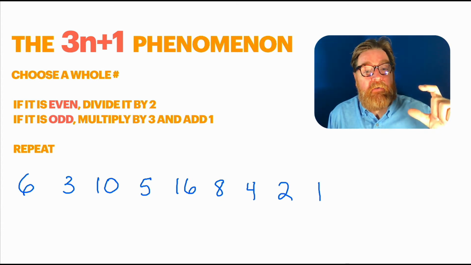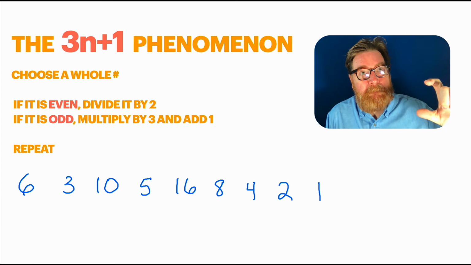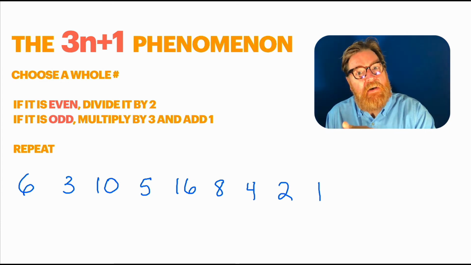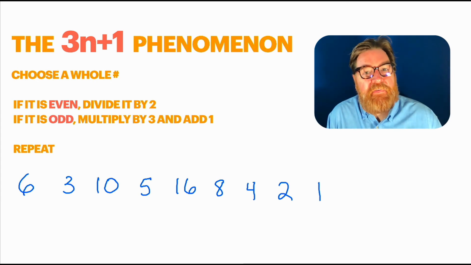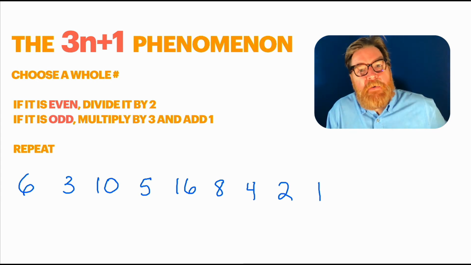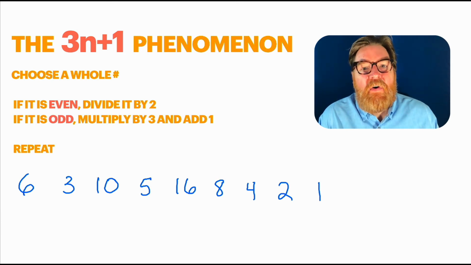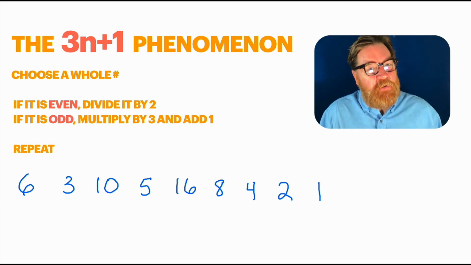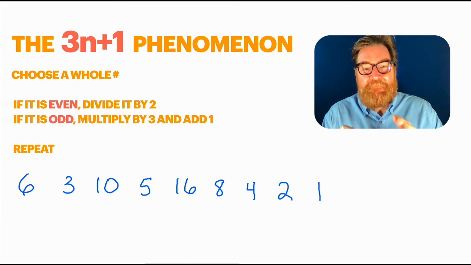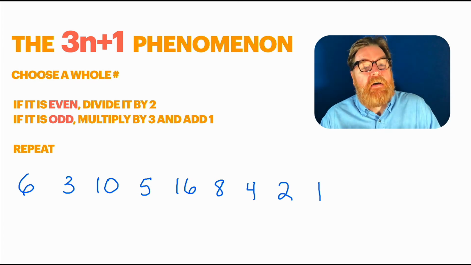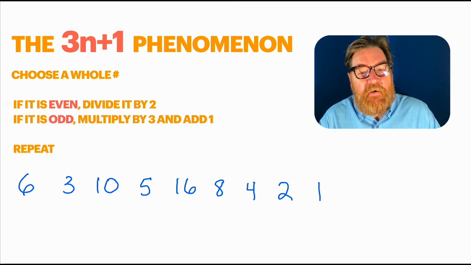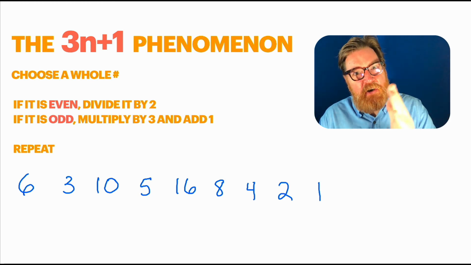Every whole number that you start with, it eventually goes down to 1. Every single time. No matter what number we've started with. All right? And it's an open question. Nobody understands why this works or if it always works. So I'll tell you what. If you guys want to try a bunch of numbers and just try the process, following the rules, and if you can find a number that doesn't eventually go down to 1,